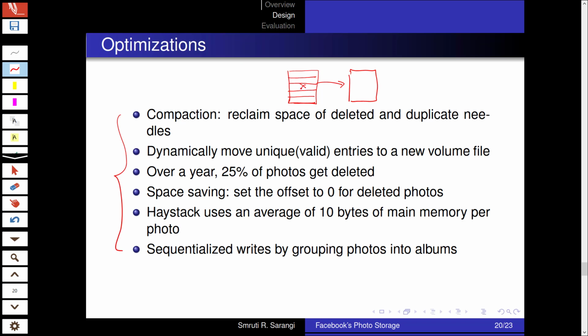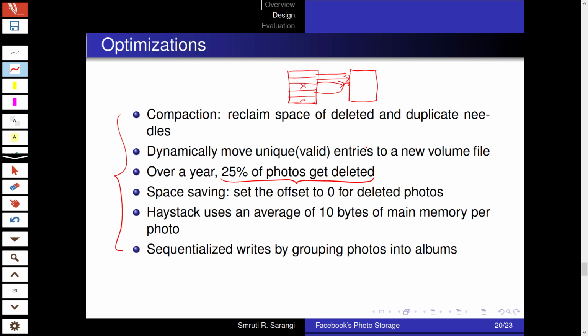So let's say a few of these entries are invalid, doesn't matter. This entry goes here, this goes here, this goes here. So we dynamically compact it. Over a year, roughly 25% of photos get deleted. So this is the amount of compaction that we can do.